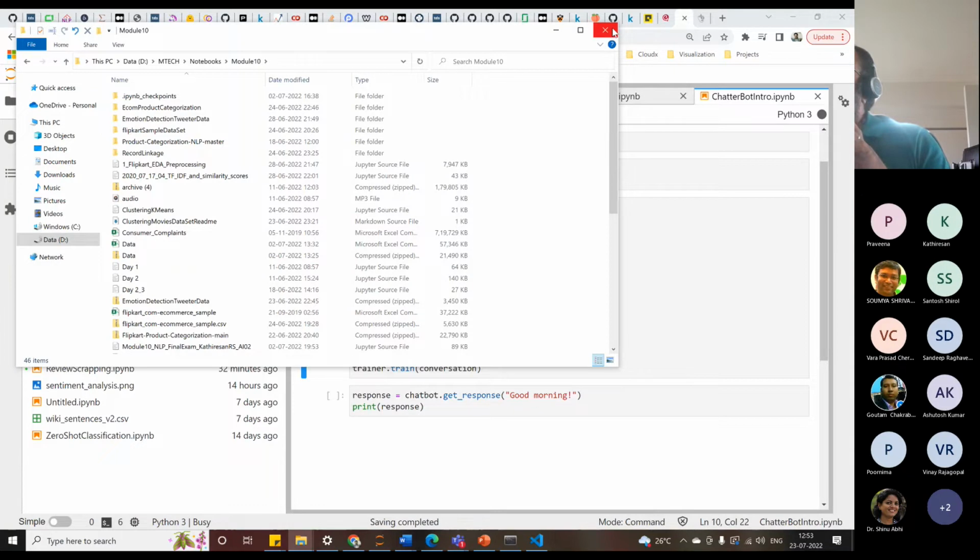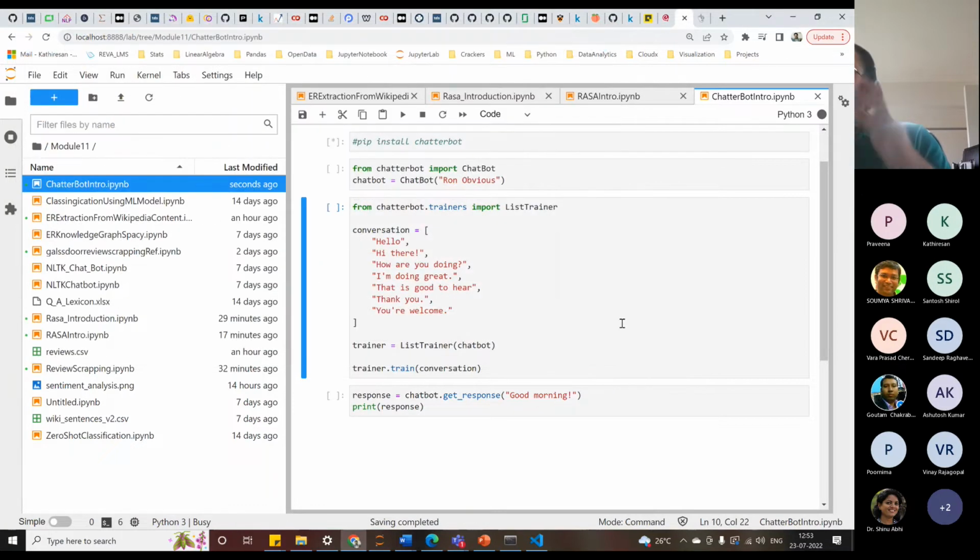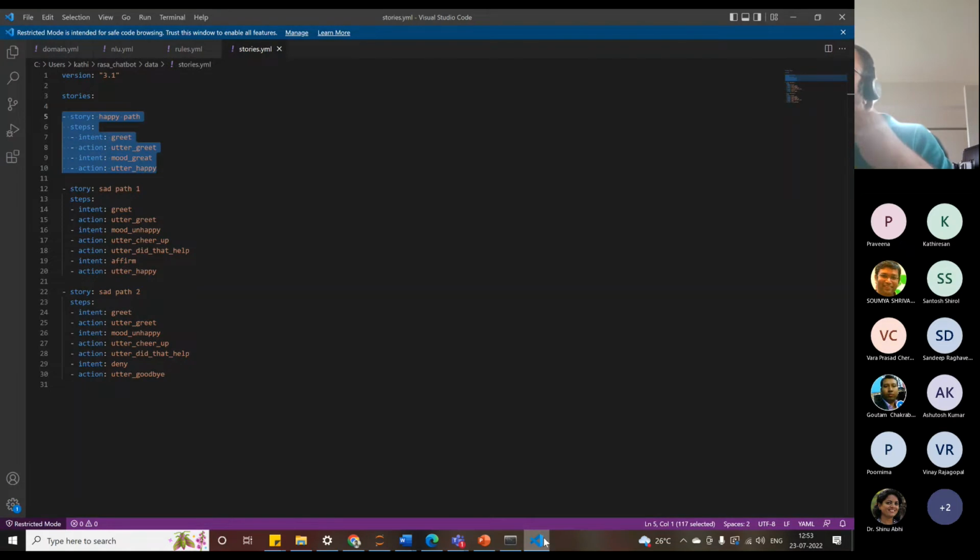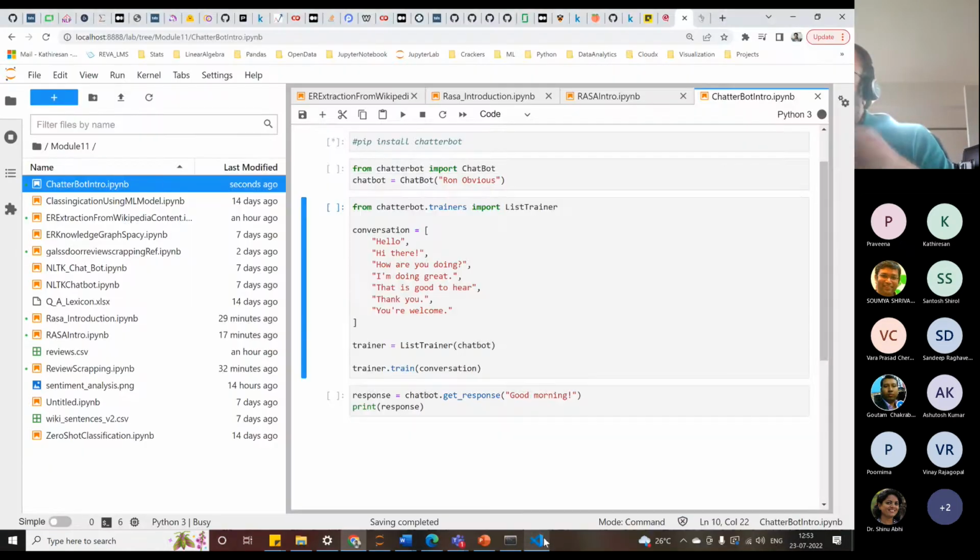But that is question pairs, not question answers, right? In this one, as you see, it's a set of question responses. You ask something, you respond. Hi, hello, hi there. How are you doing? I'm doing great. If you have a huge data set like that, even that can be tried here. Not necessarily Quora, any question answer data set.